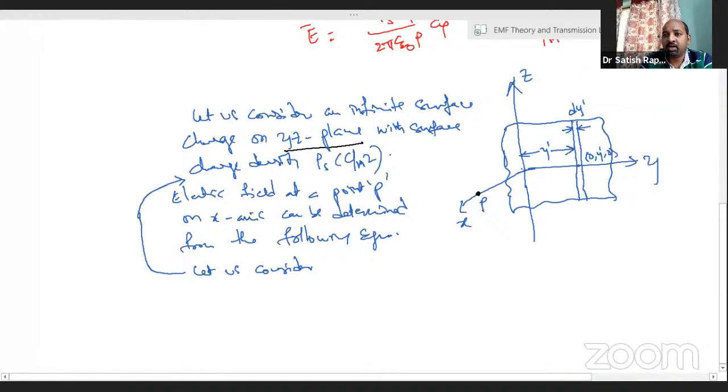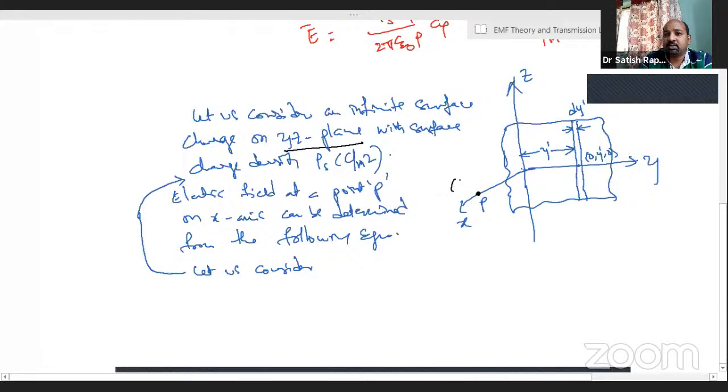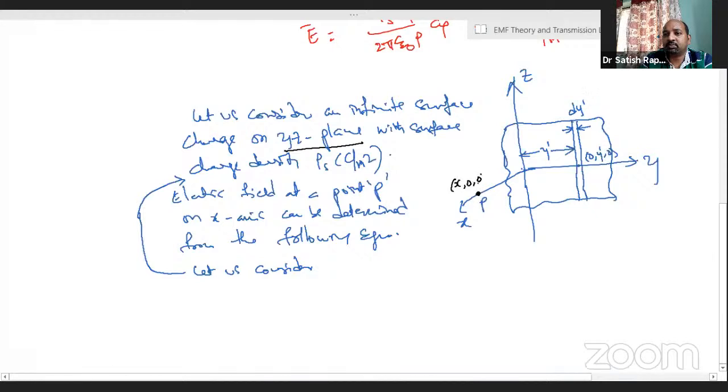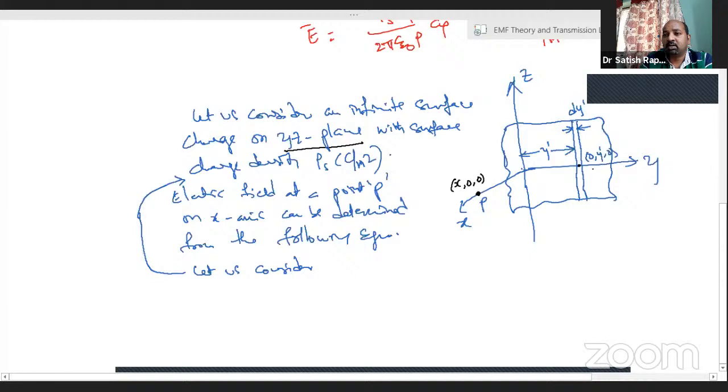A point P on the x-axis means (x, 0, 0), and the point where the differential width strip is considered is (0, y', 0),